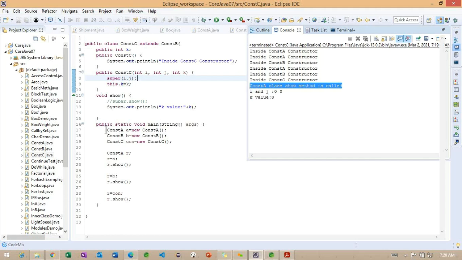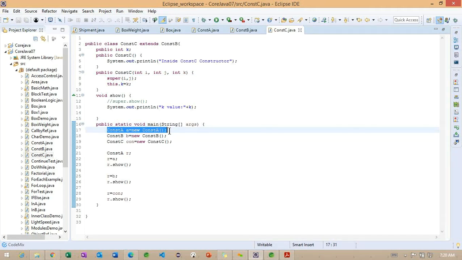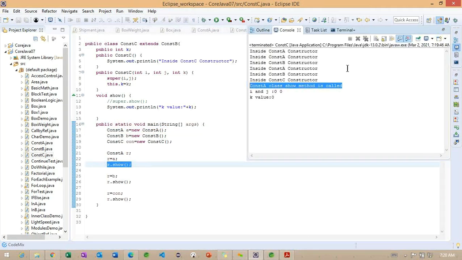Because this is a superclass, it cannot identify which is a subclass, which class is implemented, which class is extended. Getting the point. So that's the reason it directly calls whatever class we are working with here.